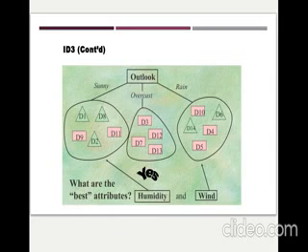For ID3, we perform the following steps. We calculate the information gain of each feature. Considering that all the rows don't belong to the same class, we split the dataset S into subsets using the feature for which the information gain is maximum. We make a decision tree node using the feature with the maximum information gain.